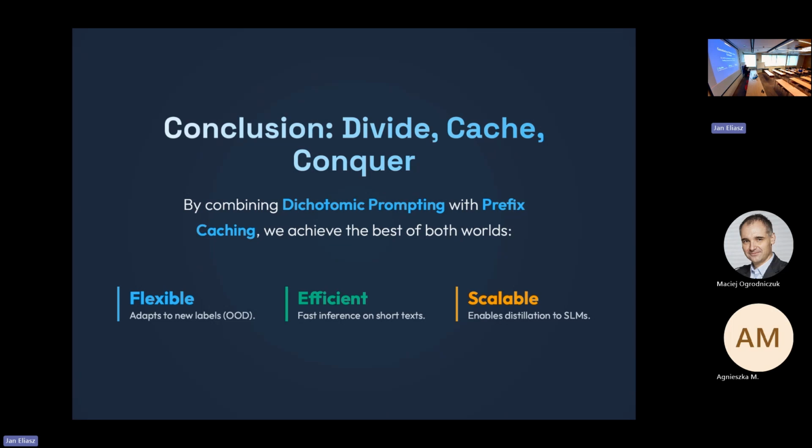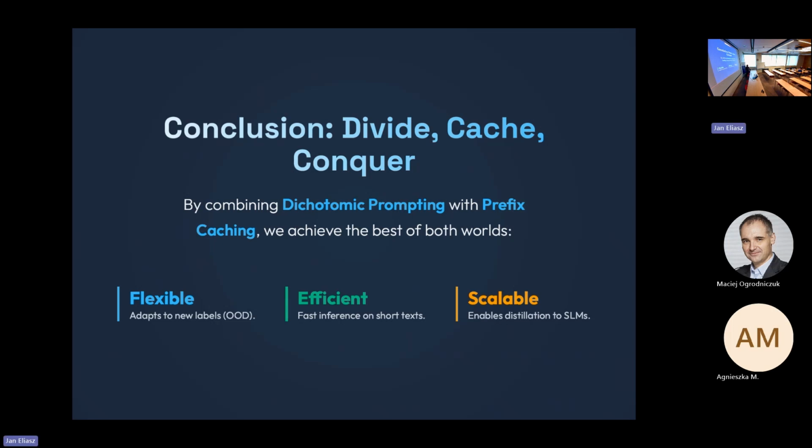Combining our approach, dichotomic prompting, with this KV cache, prefix caching, we can have a flexible decoder-only language model, flexible because it is decoder-only, and we can prompt it for any label that we actually want to, which wouldn't be feasible for the standard encoder-only models because of the architecture.